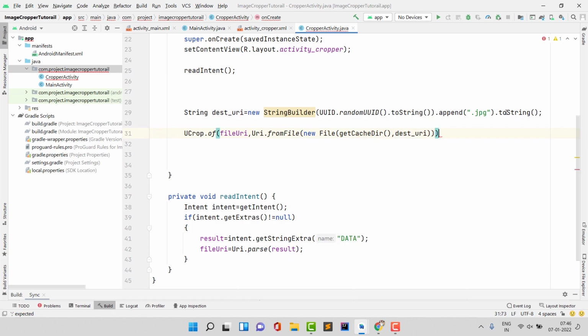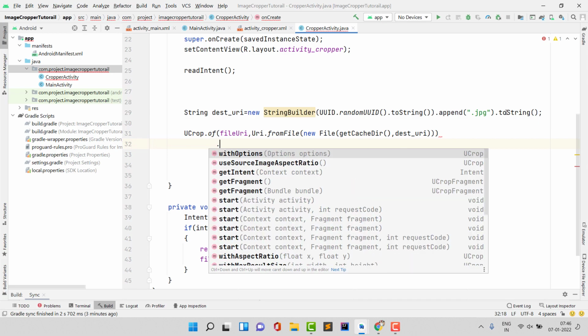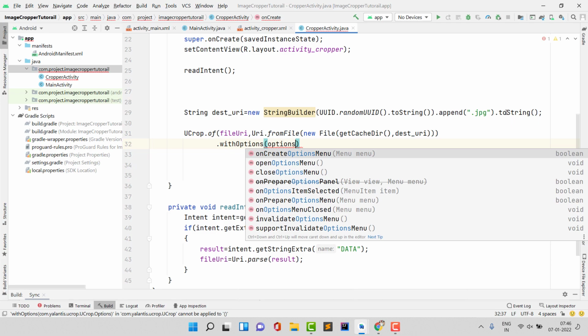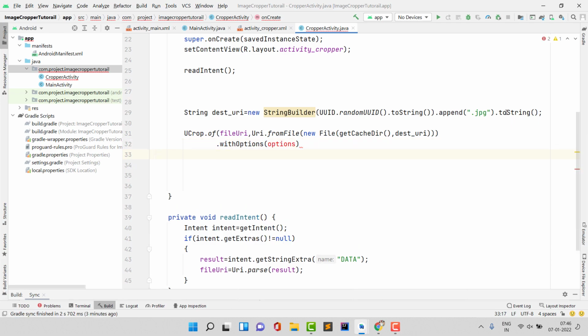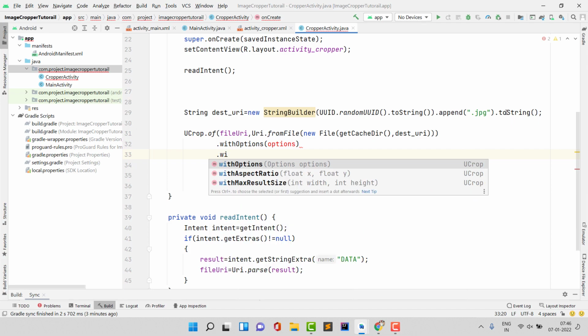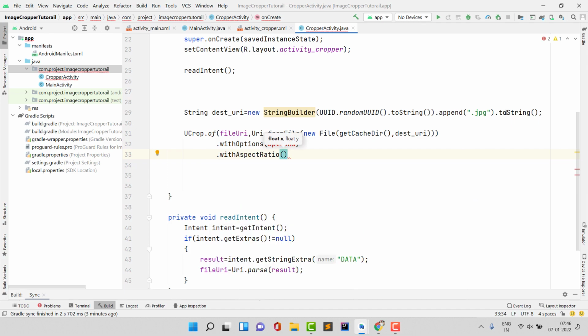So this is done. Then after this just type a dot. Now inside this we can use multiple options. Later I will tell you what the options are inside this UCrop.with options, and I type this. Then after this you can also use any aspect ratio. If you want your cropper to be selected automatically according to your image size, you have to